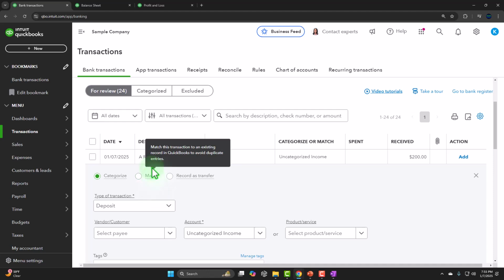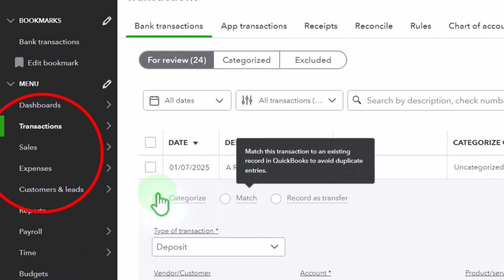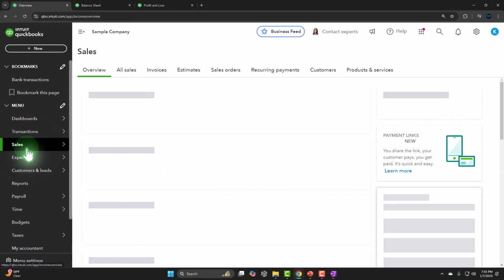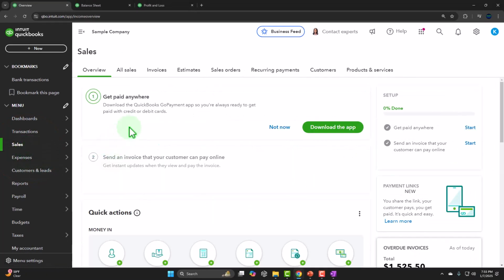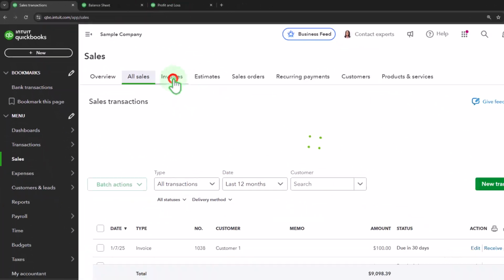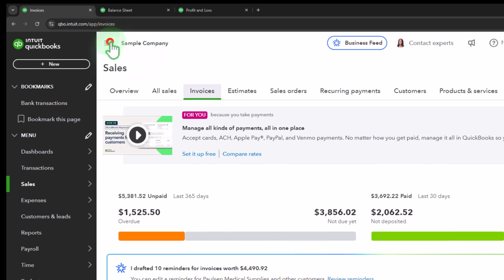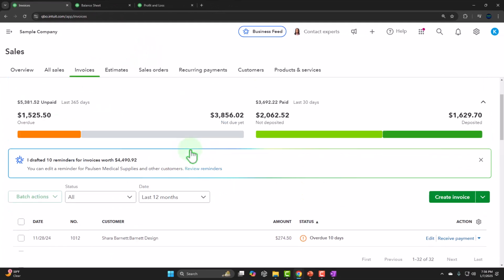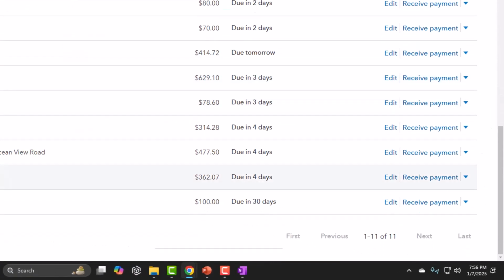We'll talk more about those options later, but most likely you'd have to go into the sales transactions here, and then when you get the payment, however the payment is formatted, credit card, cash, check, and so on, we can go into the sales items and search for the invoice, or we can go into the invoice item and search for the open invoices. So we want the ones not due yet. So there's customer 1, or we can search it by the customer,